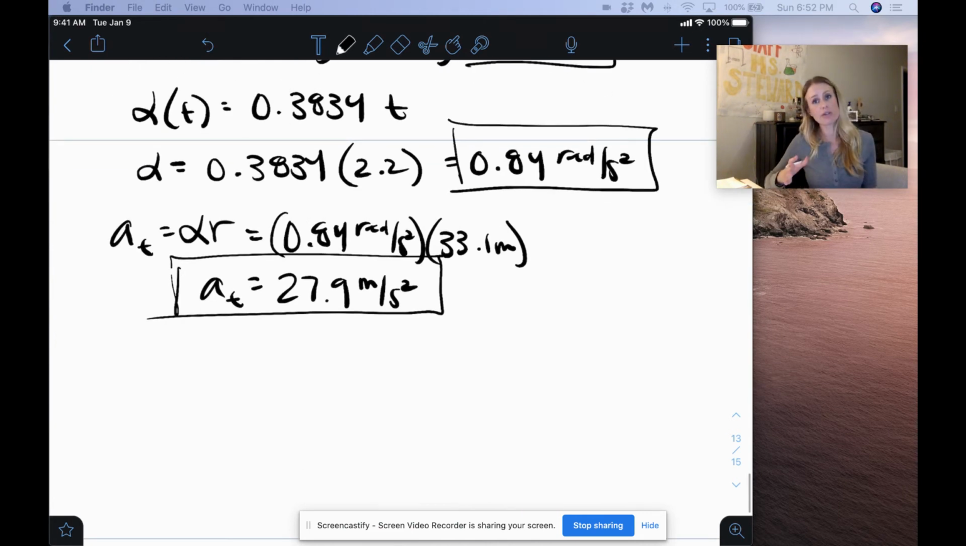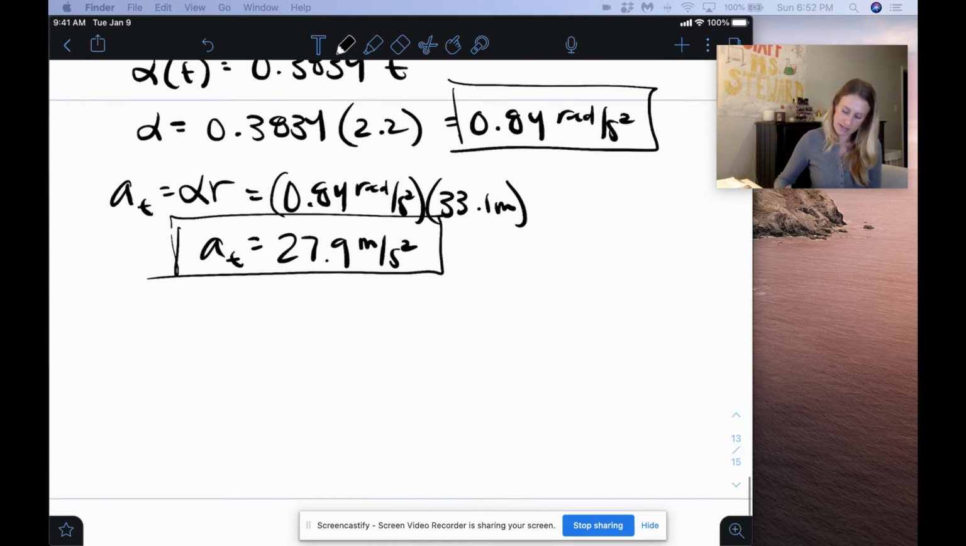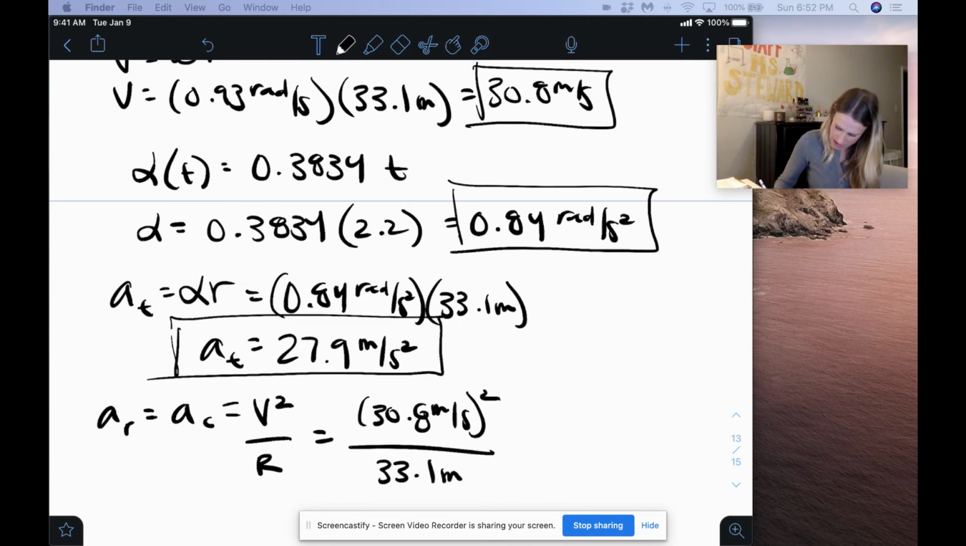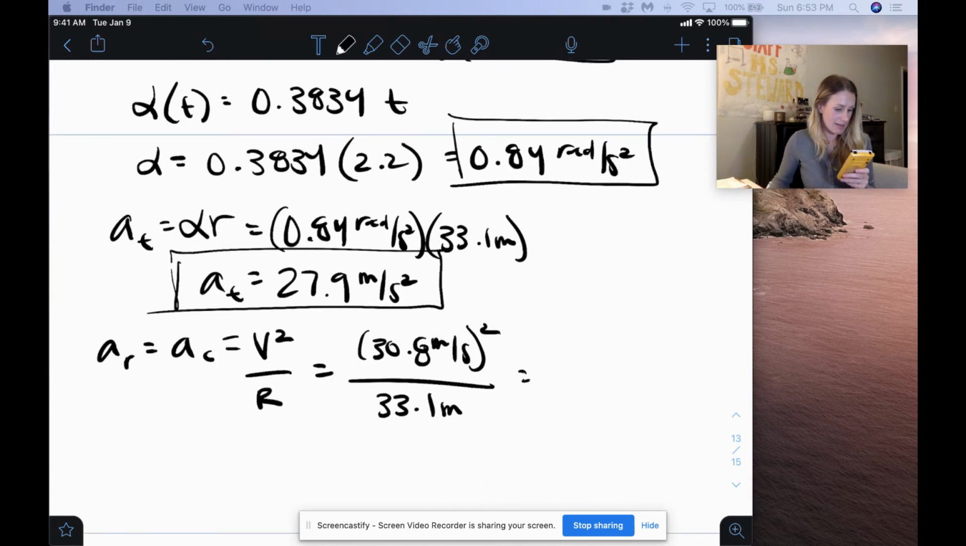That's tangential linear acceleration. And of course, we have radial linear acceleration as well. Radial acceleration, remember, is just centripetal acceleration, which is v squared over r, which in this case, our linear velocity was 30.8. So we get 30.8 meters per second. We're going to square that, divided by the radius, 33.1 meters. So 30.8 squared, and then divide that by 33.1. We end up getting 28.66 meters per second squared